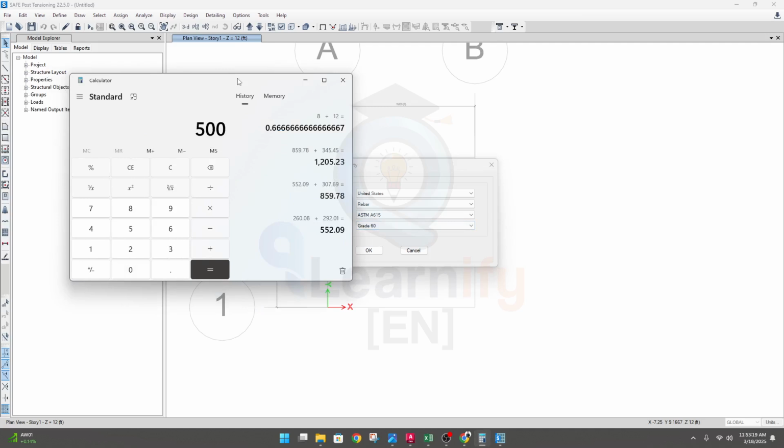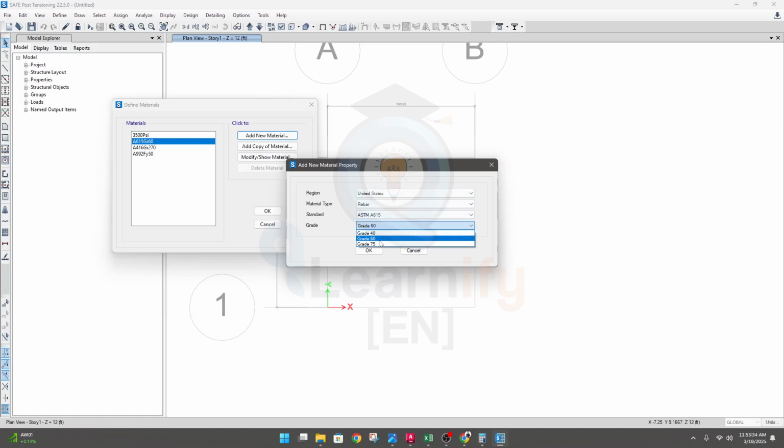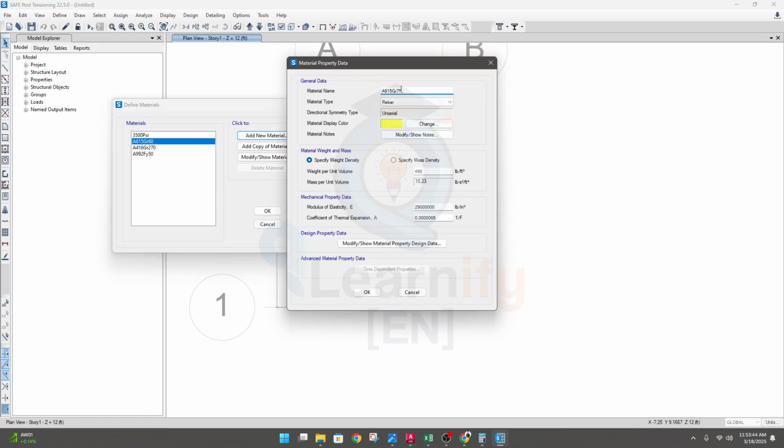500 megapascal concrete strength. Okay, so if I convert it, it will be 7250. But here the grade is available for, so sorry, I'll select 75, and our grade is available for 75. That means 75 KSI, but we need 72.5 KSI. I'll click here OK, and I'll just provide here 72.5 KSI. Okay, it will be Fi,